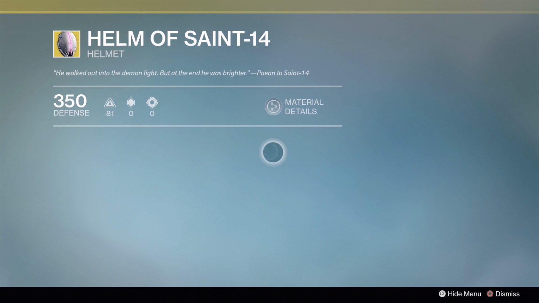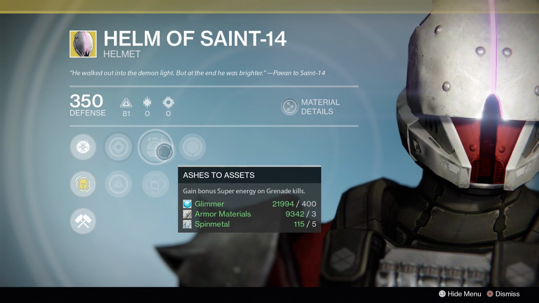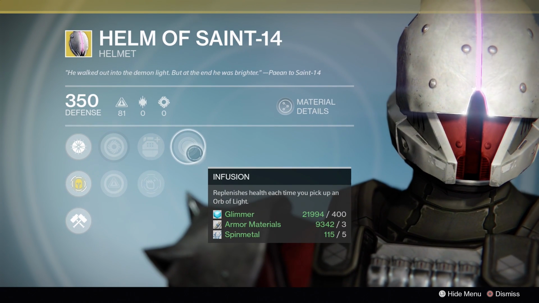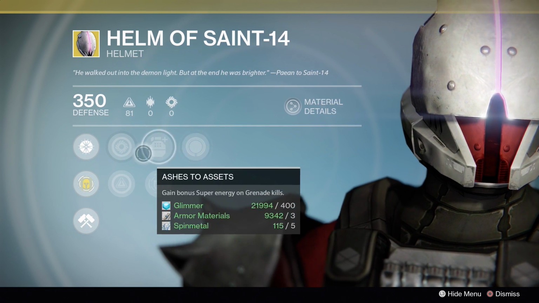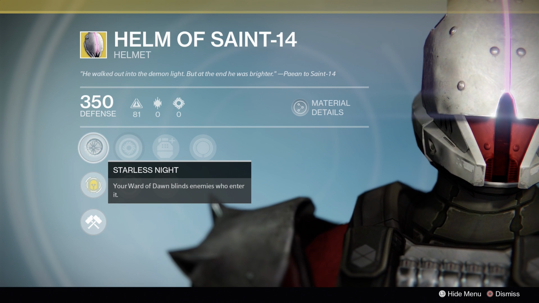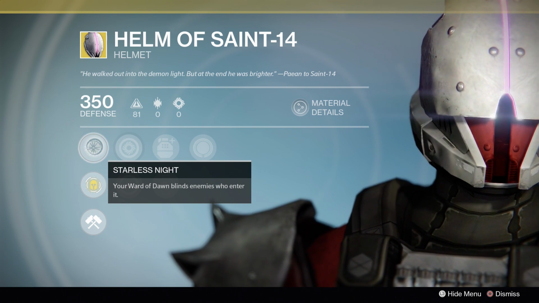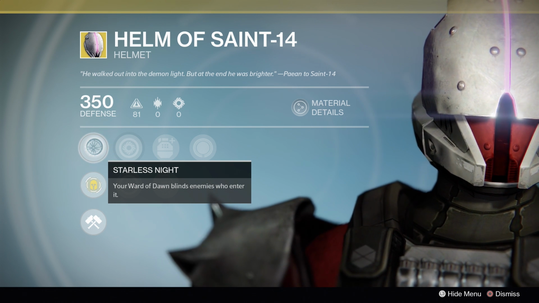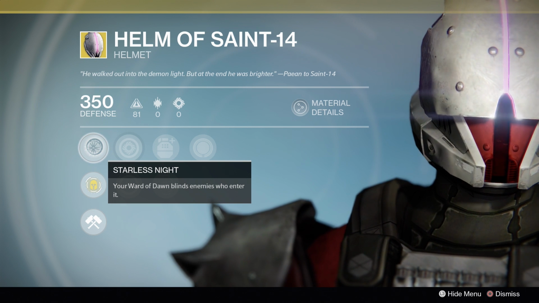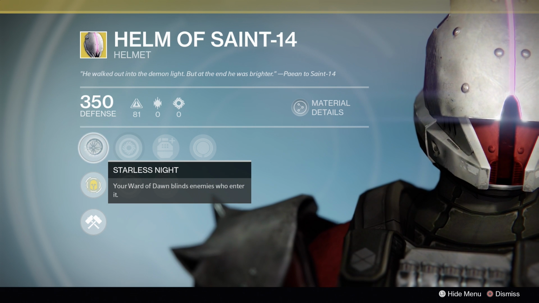Titans, you are getting Helm of Saint-14. We have side bonuses of bonus super energy on grenade kills, bonus super energy from special weapon kills in PvE, and we have Infusion. The main bonus, pretty simple, blinds any enemies in your Ward of Dawn. This is a solid defensive exotic for endgame content where you need some security. This, combined with Armor of Light, means that you'll basically be 100% safe inside a Ward of Dawn, most notably